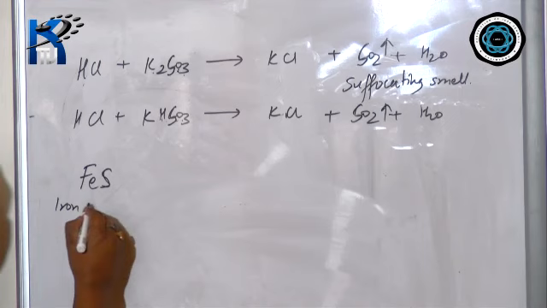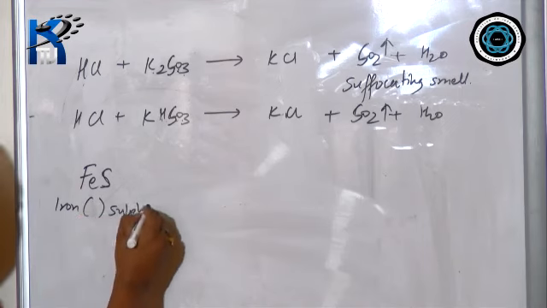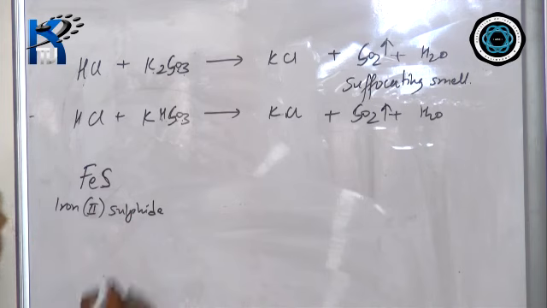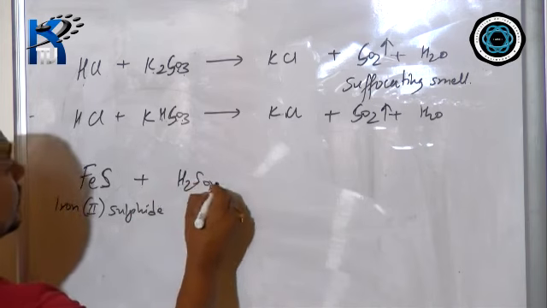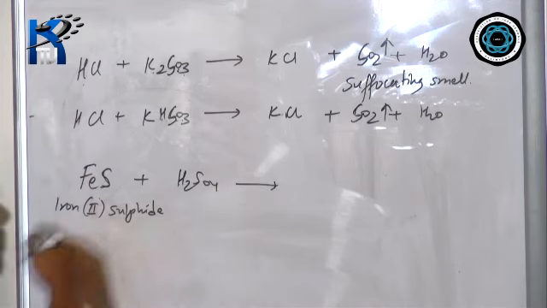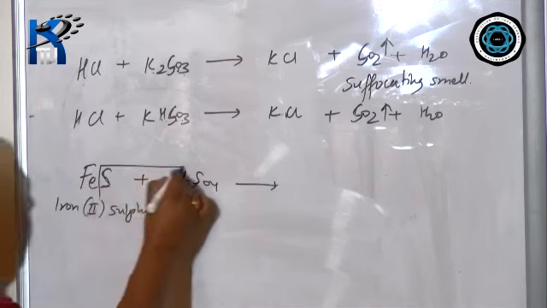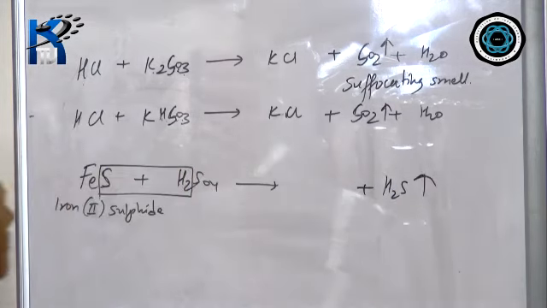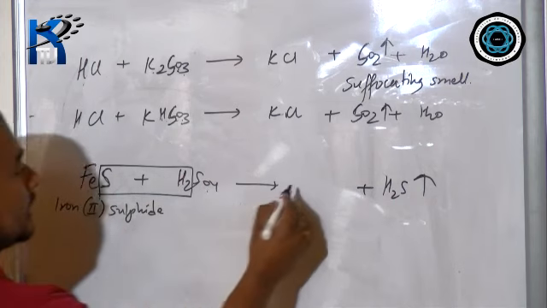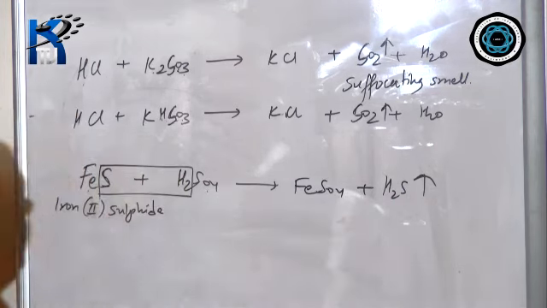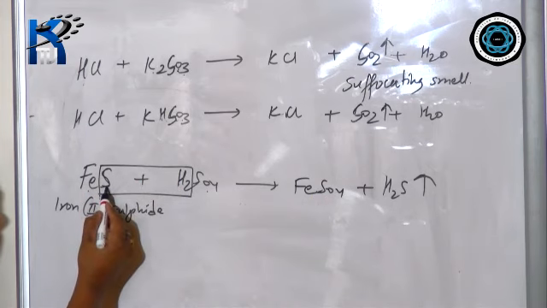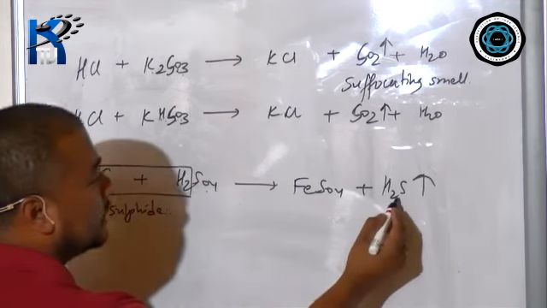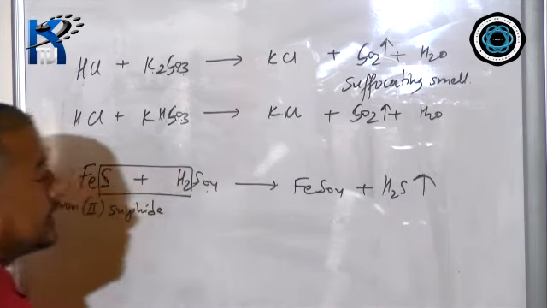You can even say iron sulfide or ferrous sulfide, and in ferrous the valency of iron is 2, so we say iron(II) sulfide. Now this I am going to react with acid like sulfuric acid. So when I react these two, students, this will come out, and you get H2S, which has a rotten egg smell, hydrogen sulfide gas. Along with that, what is left is Fe and SO4, so you get ferrous sulfate. So any metal sulfide, here I have taken iron, reacts with sulfuric acid to liberate hydrogen sulfide gas, which has a rotten egg smell.